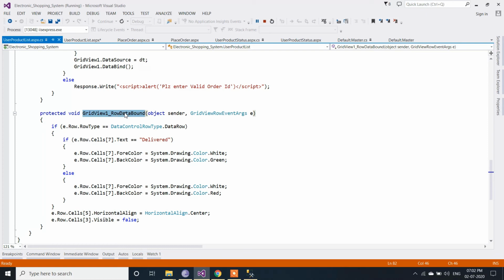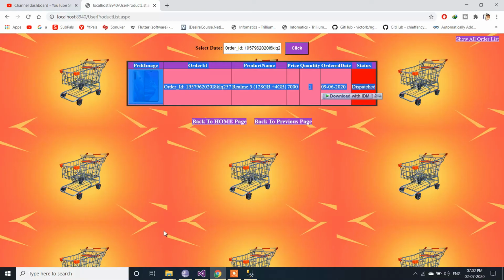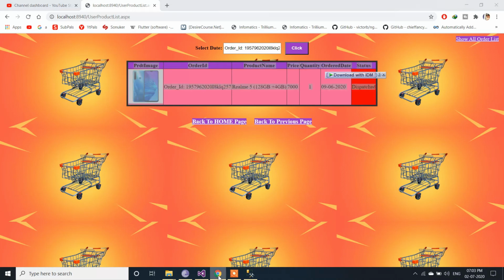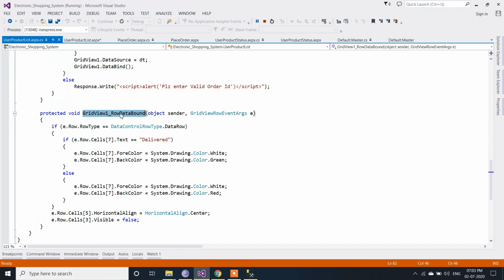The number of records present in the grid view is counted by rows. You can see the records displayed here like rows, so based on the row, it will bind the data present inside the row.